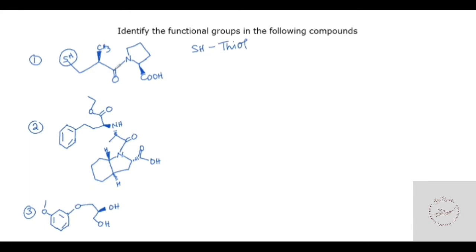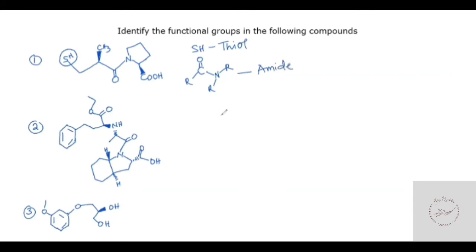If you can see, there's a carbon here attached to another carbon and attached to N, which is then attached to a carbon and another carbon. So if we were to write this out, this is how it's going to look like. You have a C with a double bond O attached to R, attached to N, and the N is attached to this 2R, right? So in organic chemistry, this is called an amide.